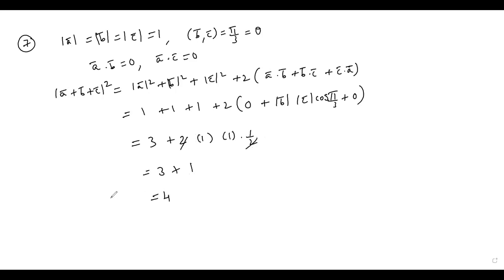That is 4. Here this is which one? Mod of A bar plus B bar plus C bar whole square. Now from this I can find out mod of A bar plus B bar plus C bar. That is clearly 2. Now here, the magnitude means you never take negative, but the given options have plus or minus. So you don't worry, you only have to take the positive term. So plus 2 means you can mark only option C. Okay.